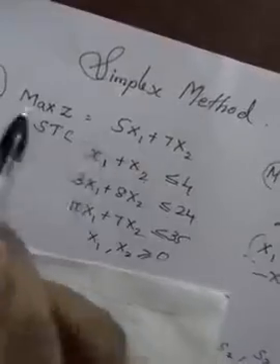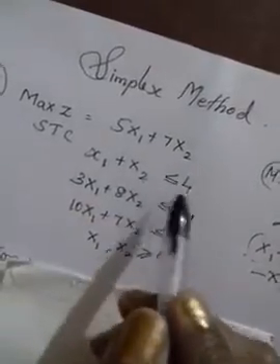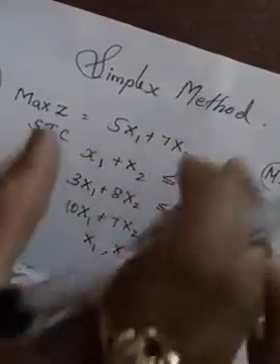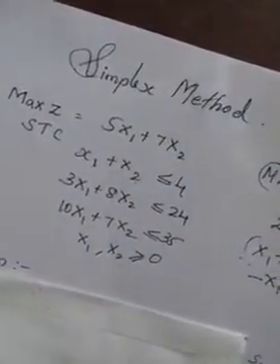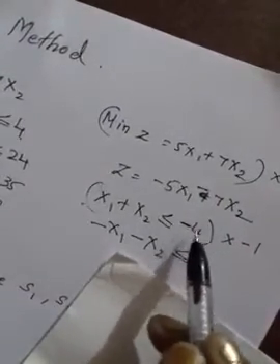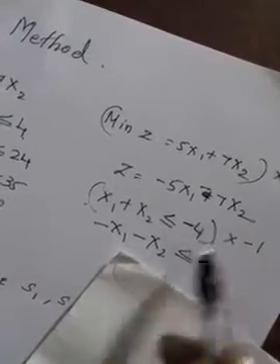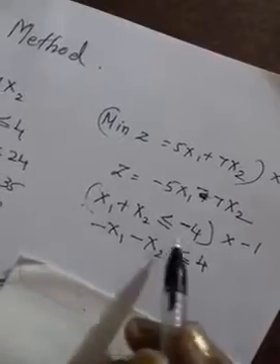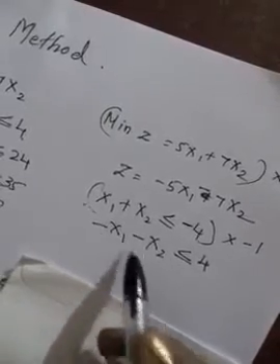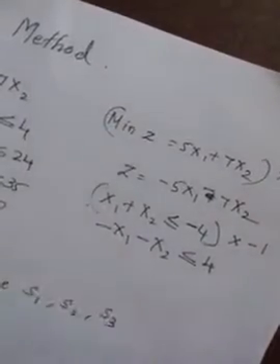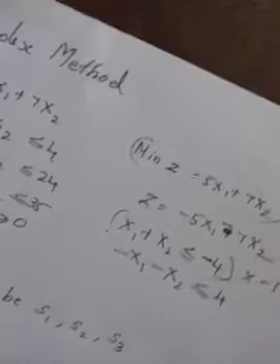So first, if it is a maximization problem, no issue, you take it just like that. And if it is a less than or equal to symbol and all are positive, no issues, you consider this equation and follow the procedure. If after the inequality sign you find any negative, then you have to multiply the entire equation by minus 1, and change the sign. So these two conditions we have to check before going to the solution.